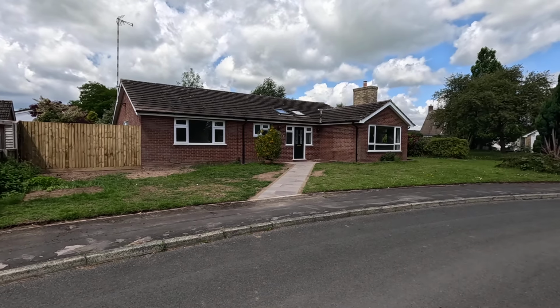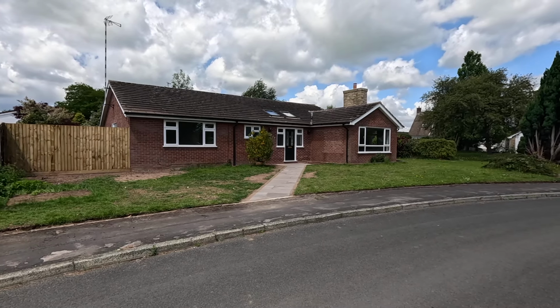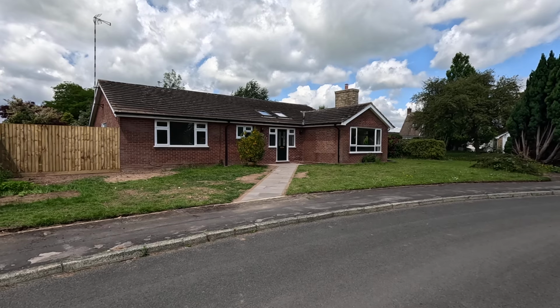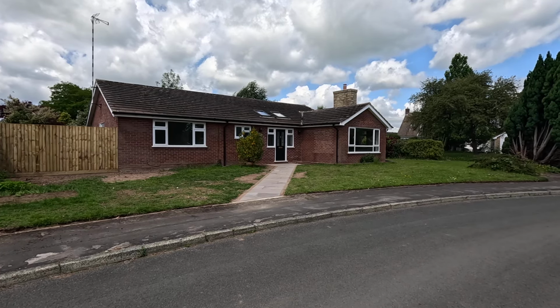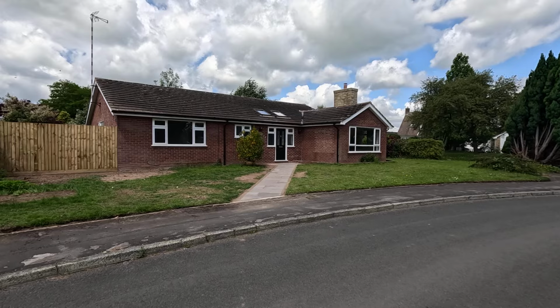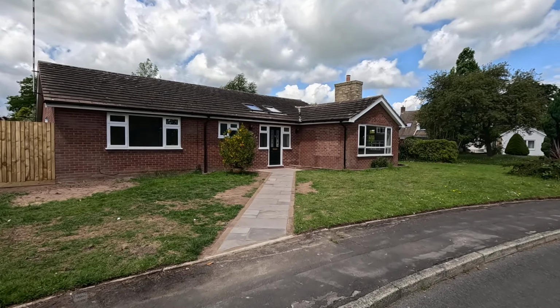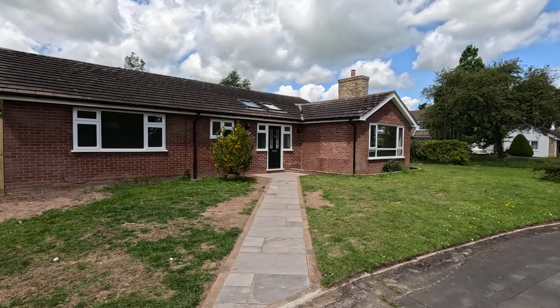Here we find ourselves on Millbank in Warwick. Located equidistant to both Warwick and Leamington town centres, this fantastic and sizable 3-bedroom detached bungalow is sat on a larger than average plot and has interior accommodation, briefly comprising large entrance hallway, spacious living room with dual aspect windows,